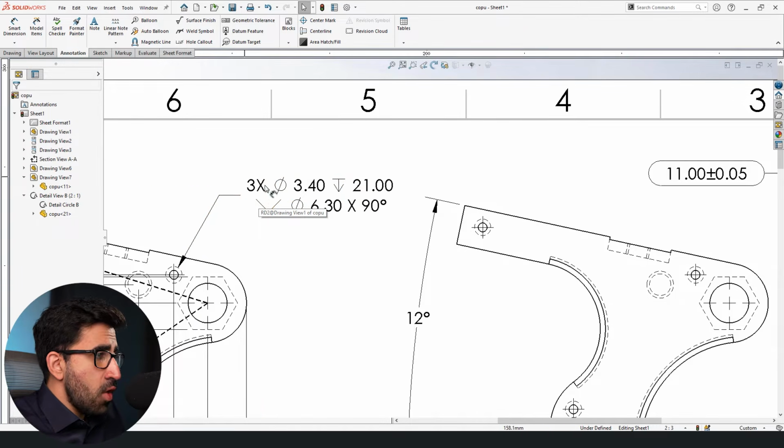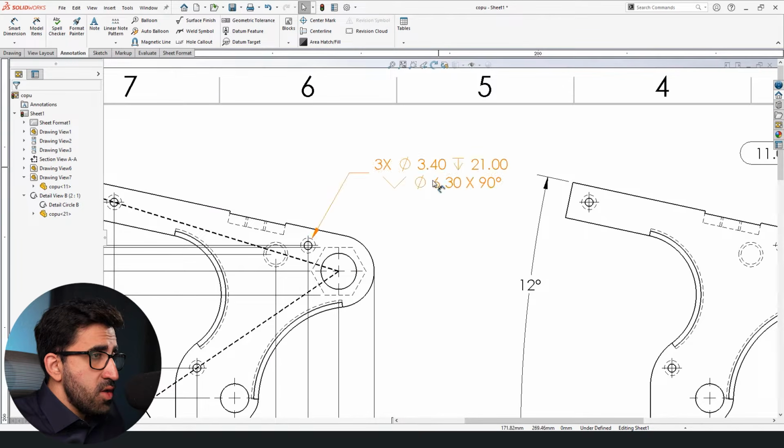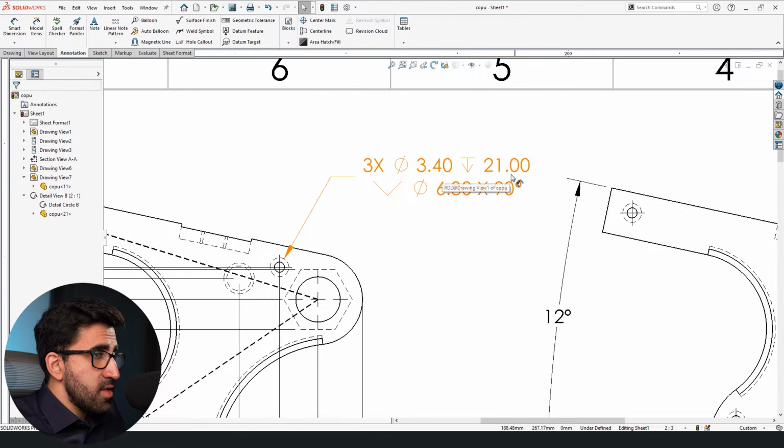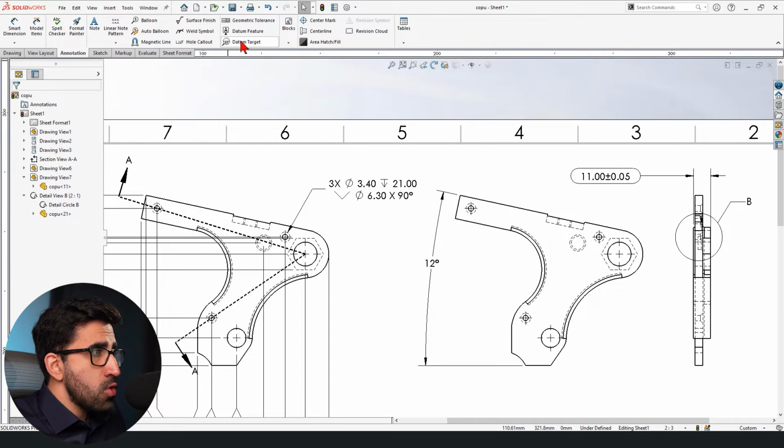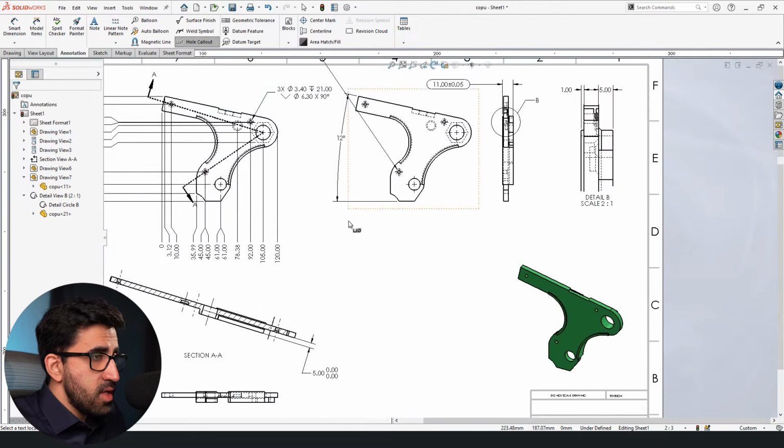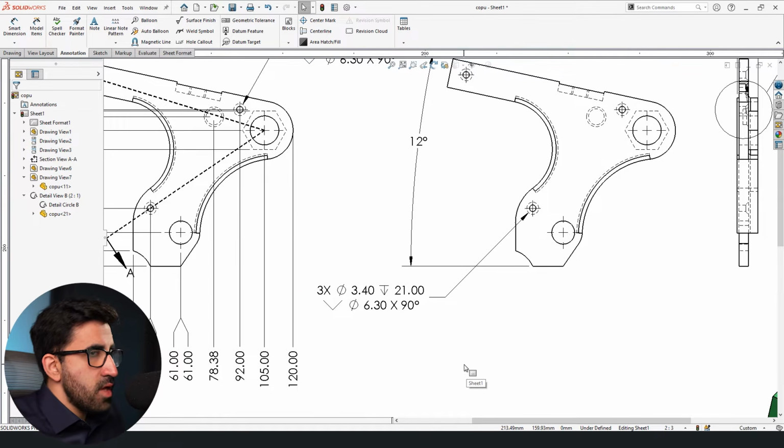So we have 3 holes. First of all, the inner diameter is 3.4, the depth is 21, and the outer chamfered value at the 90 degrees chamfer is 6.3 in diameter. That is this bigger circle. So hole callout would give you all of that you need. I just click anywhere and then readjust its position like that. So this is very useful if you're working with Hole Wizard and you want to later address it in the